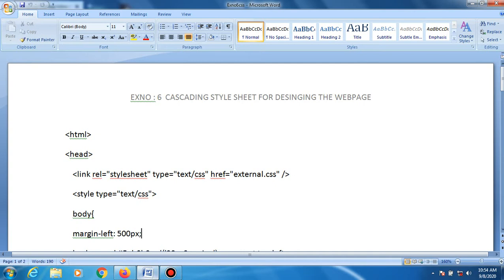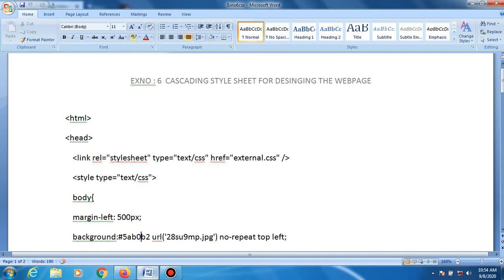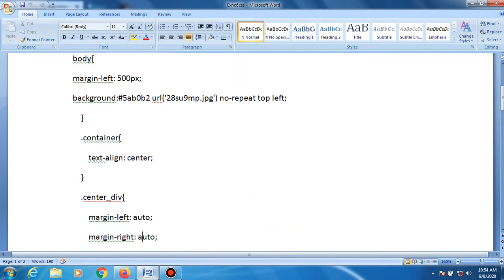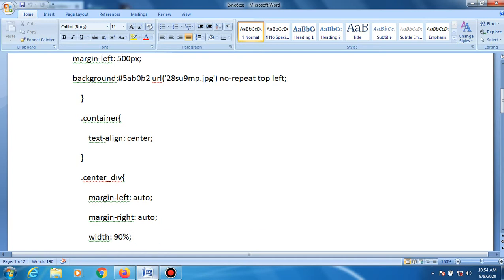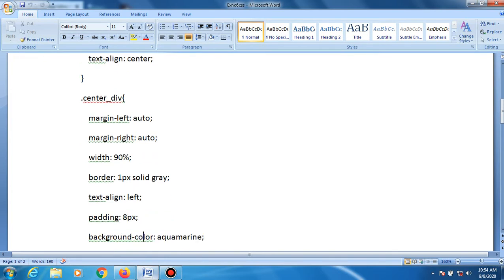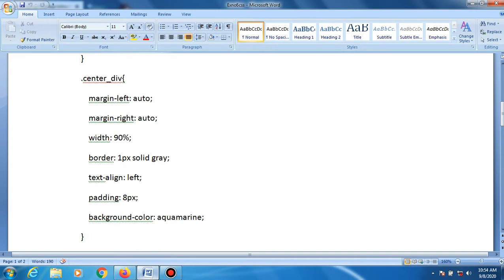Here it is an HTML program which begins with the HTML tag, and we used a style sheet type CSS, and we defined the margin alignment and the width of the window, the size of the border, text alignment, and background colors in this program.